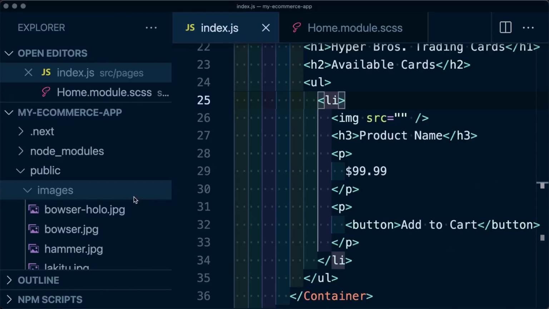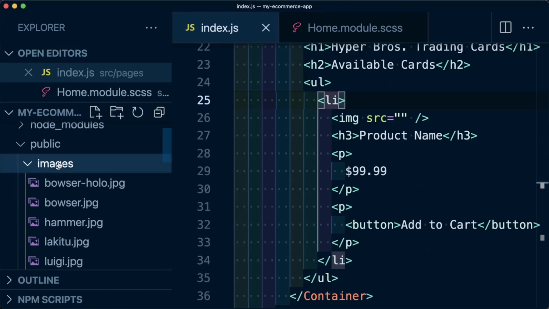So now let's actually add an image where we can see that inside of this public directory, I have my images directory, where inside of public is really going to live any of the static files or assets that you want to serve from your application. Where if my website is colbyfayok.com, any of these files from this directory and onward would be located at colbyfayok.com/that directory. So in this instance, if I wanted to access Bowser or Bowser Hollow, it would be